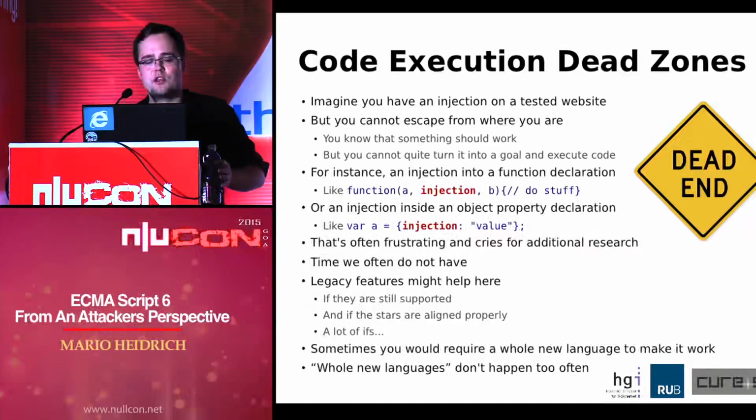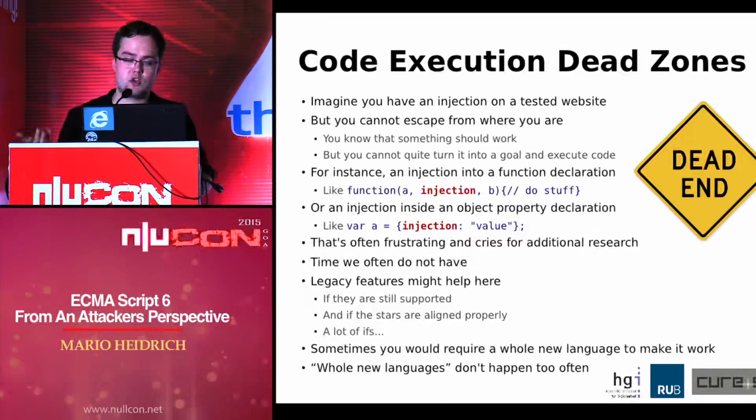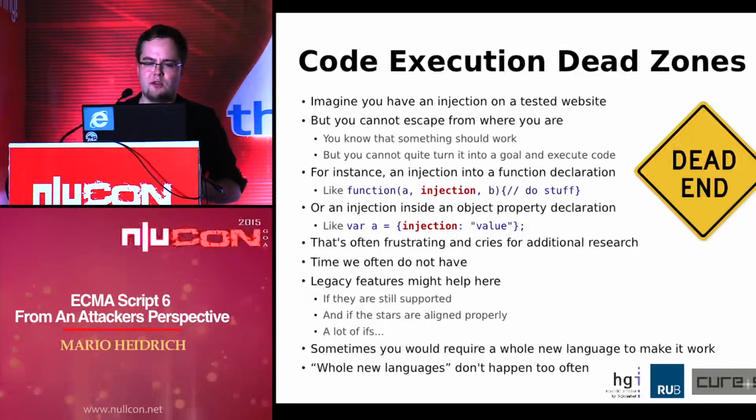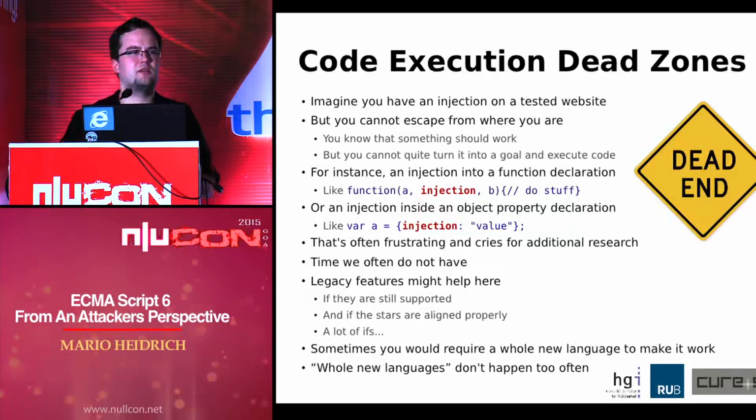Maybe if the business logic allows me, but not by nature, not by default. So this is frustrating. Another situation would be if you, for example, influence the label of a literal. So we have an assignment here, var a equals, then you have the part that you can influence in your injection, and then you have the value of the object. But again, this is frustrating because you can do stuff, but you cannot execute code just so, but you really